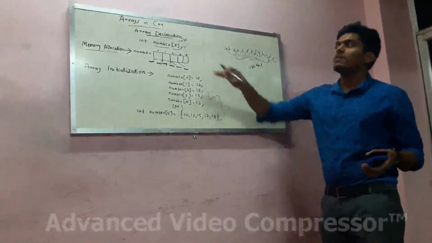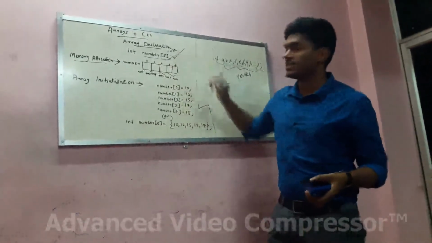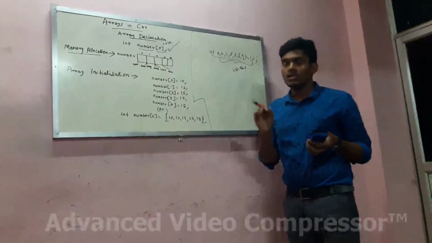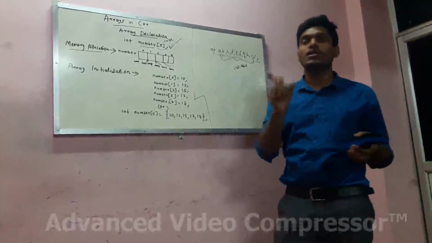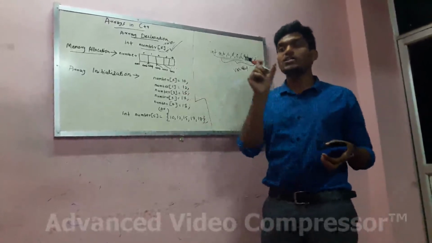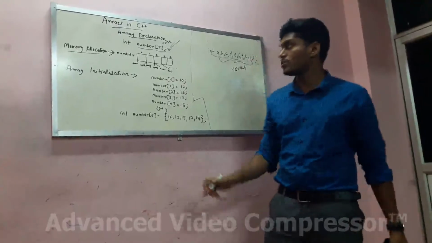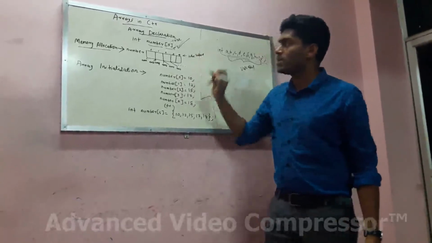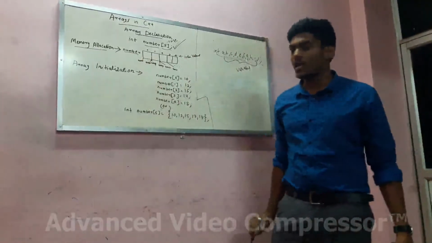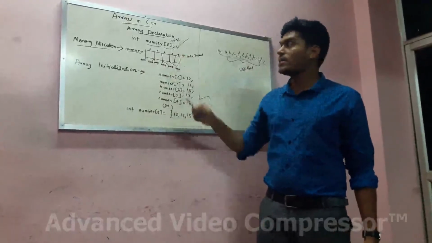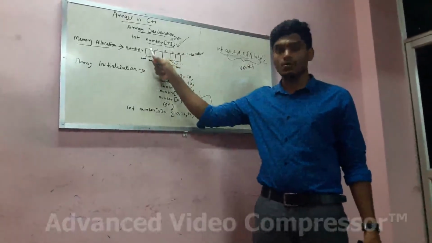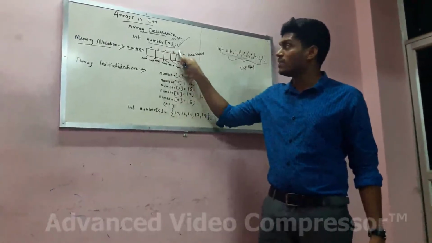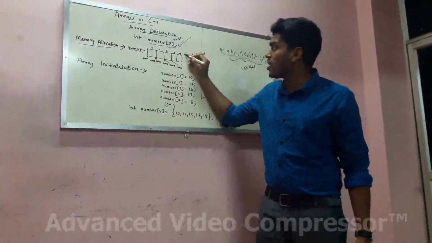Okay. Then how is the memory getting allocated? This is the declaration step, and this is how the memory is getting allocated. And if we know that an array is a collection of data, each data has its own location, and each location will be identified by a number. That number is called the index value. So this is the array name, and the array has a size 5, and index values usually start with 0. So 0, 1, 2, 3, 4. So we have 5 locations, and each location will be identified by a number. That number is called the index value.